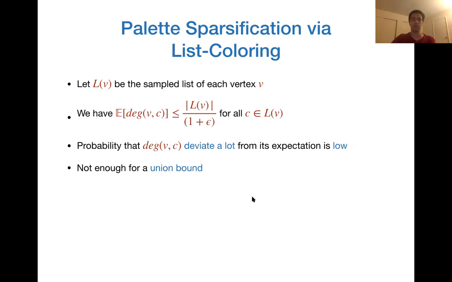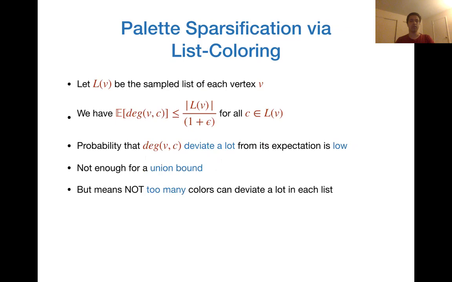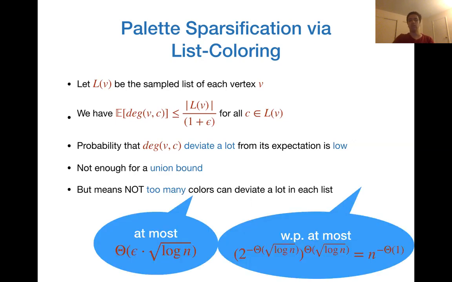Now, these numbers are not good enough to do a union bound over n vertices and also colors, but it means something. It means that if I look at any vertex, not too many colors can deviate from their expectation. In other words, only epsilon a square root log n vertices can perhaps have a much higher color degree, but the rest are going to be small. And the reason is simply because for more than a square root log n vertices to deviate, each of them with such a small probability, the entire probability is going to become polynomially small, and we can do a union bound